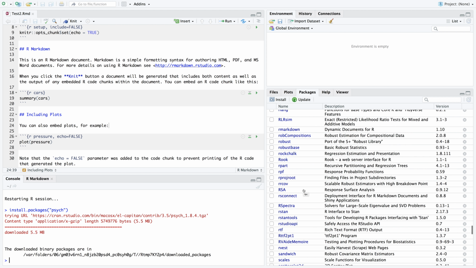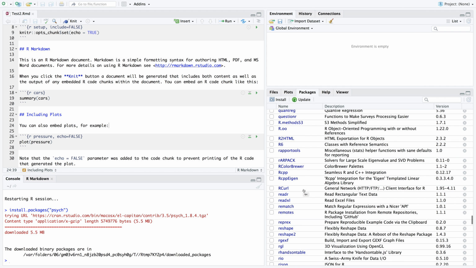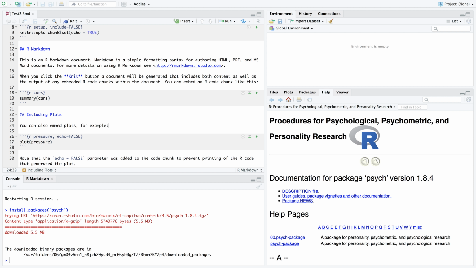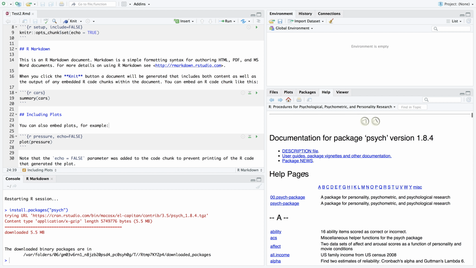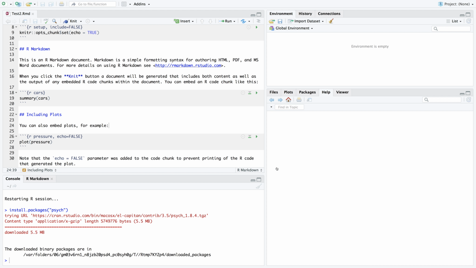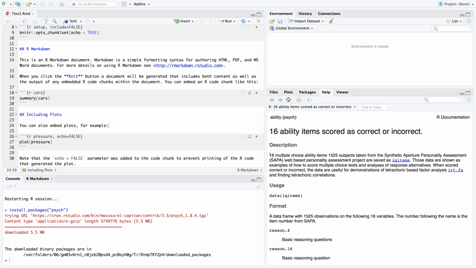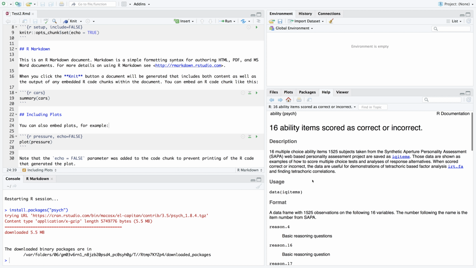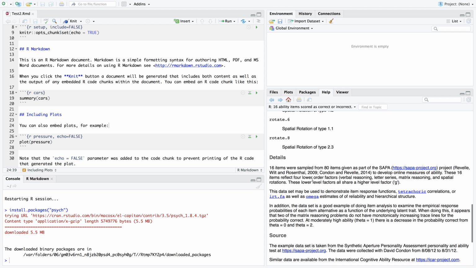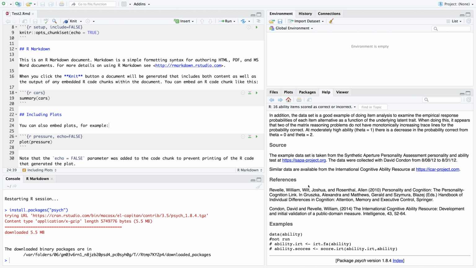but let's have a closer look at the psych package. I already passed it, so let's go back up. Psych. If we click here, we can find out it has to do with procedures for psychological, psychometric, and personality research. And then it has all the relevant functions here, and we can click on those to get further information. So for example, this ability, it will say this is 16 multiple choice ability items from 1525 subjects. So basically it's a data frame or a data set, and you can find out more information here: details, source, reference,